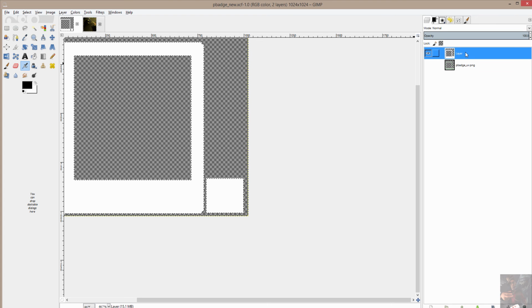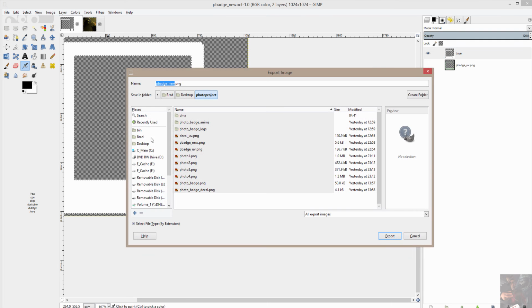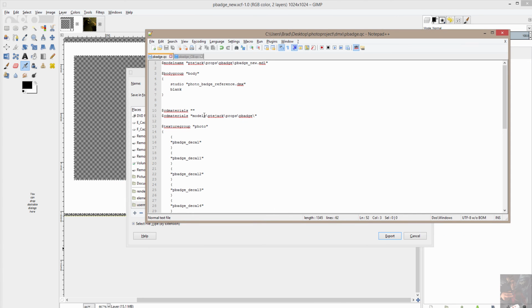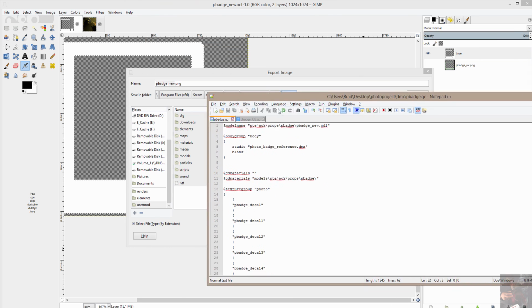Select the layer that I want to actually export. Come over here, File, Export, and all I need to do now is change this folder to my user mod, and where I'm getting the information from is from my QC. So I want to go to user mod,